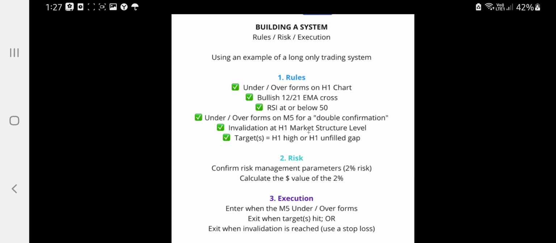If you have a system and the rules are, it has to be an under-over, it has to have RSI at 30, it has to have an EMA above the 200, it has to have volume 50% above average. It has to have funding negative. It has to have open interest up 5%. It has to have Binance spot leading as the highest spot price. It has to have, and you can keep adding and adding and adding.